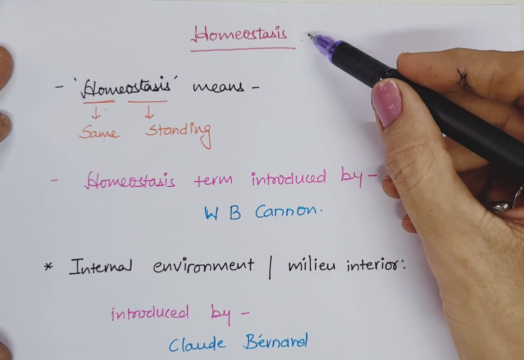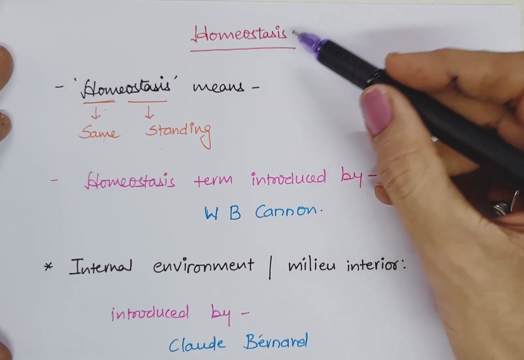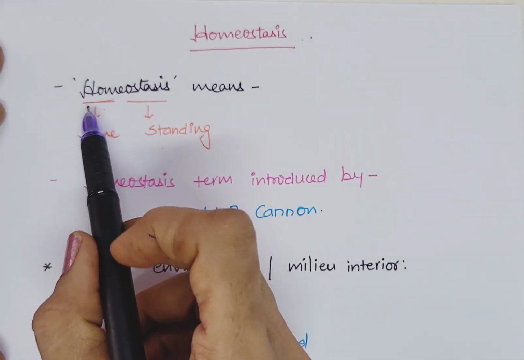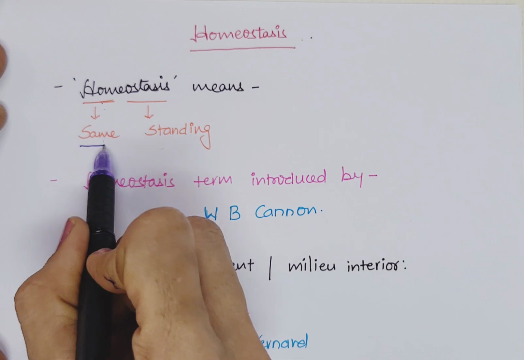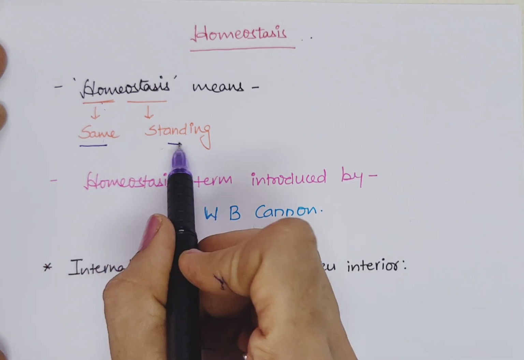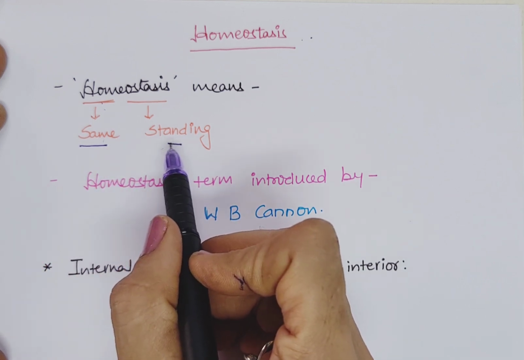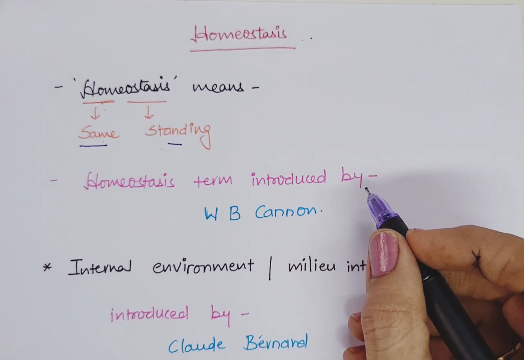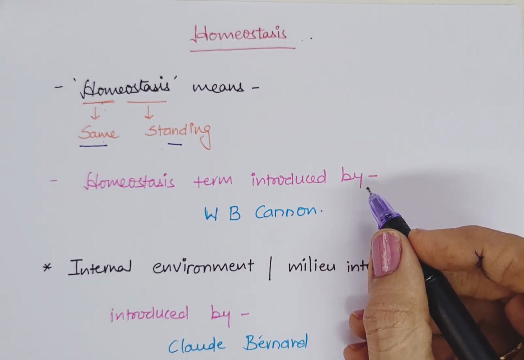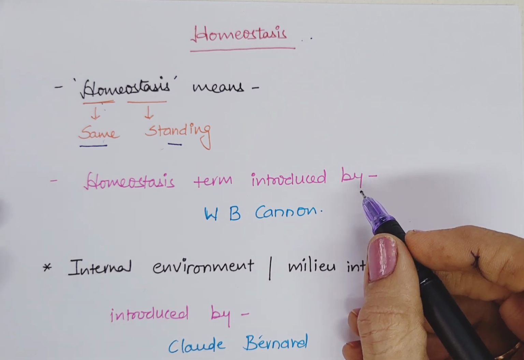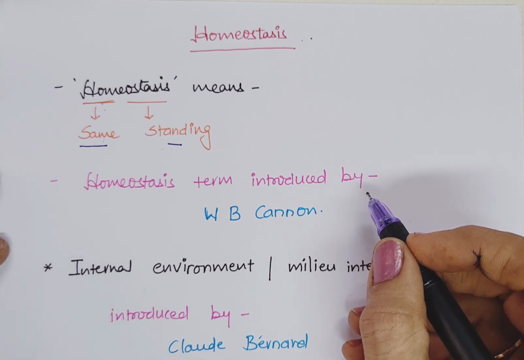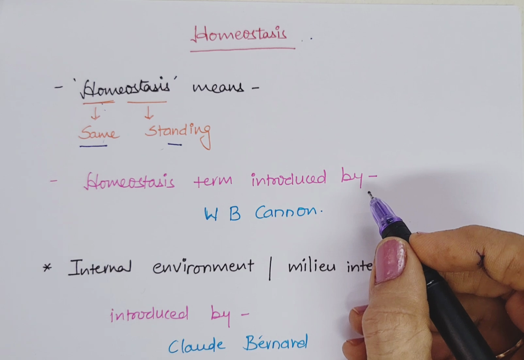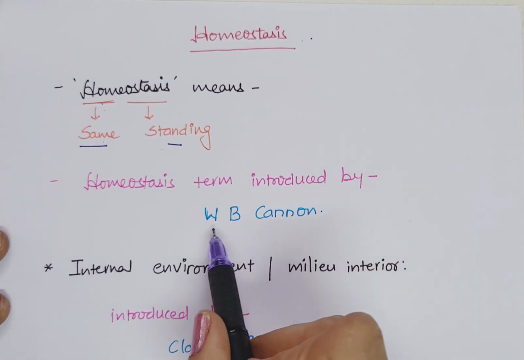Now, first of all, what is the meaning of homeostasis? Homeostasis comes from two words. Homeo means same and stasis means standing. So the term homeostasis means maintenance of nearly constant or steady internal environment, or maintenance of static condition in the internal environment. The term homeostasis was given by the scientist